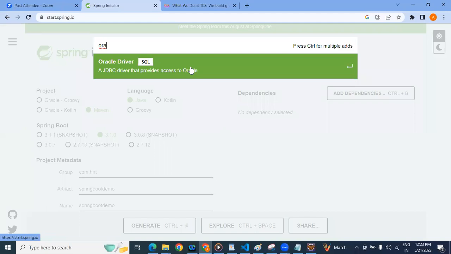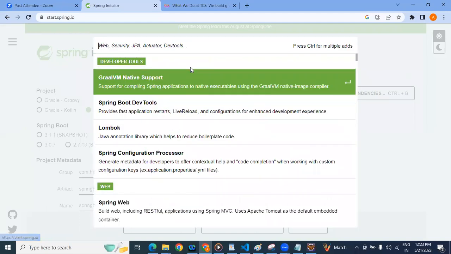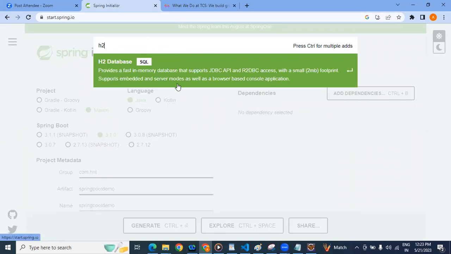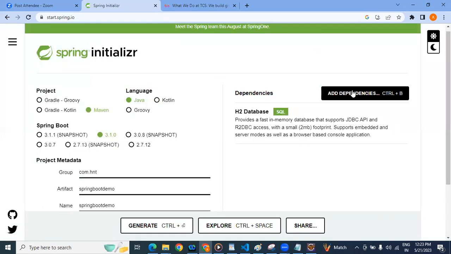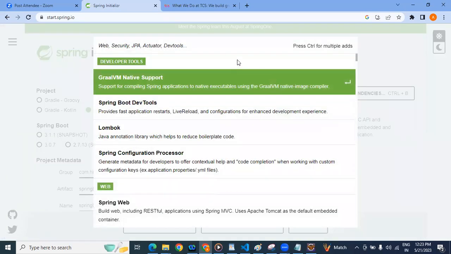Similarly, for a simple example for now, I will select the H2 database. That is the most simple database. I will explain later what the H2 database is. But we are selecting one database dependency. Then the second dependency will be the